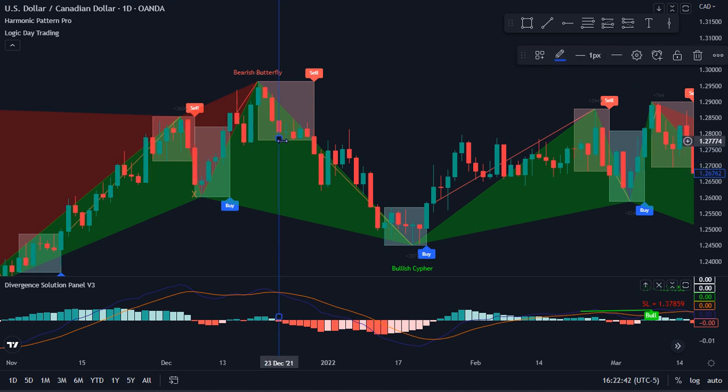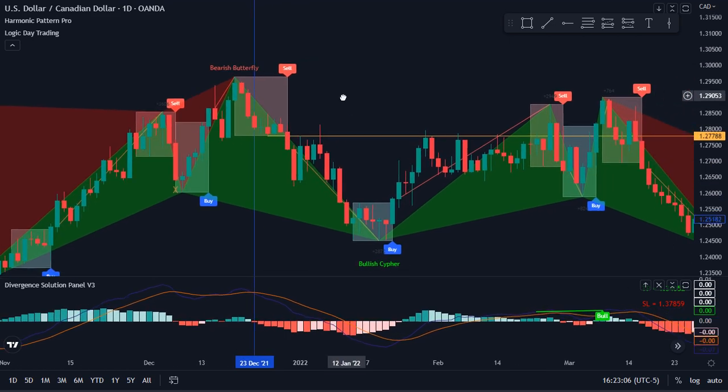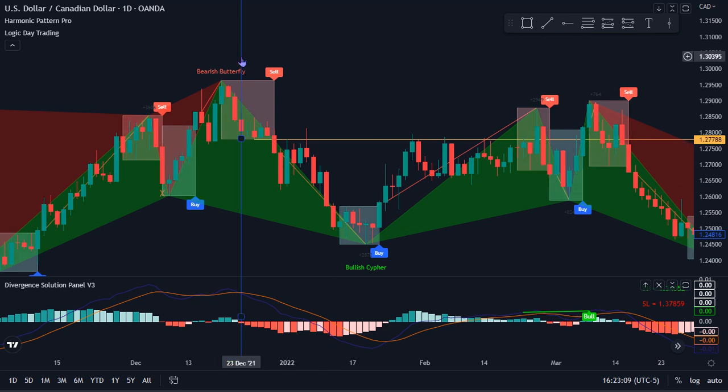And then right here, actually it was this candle. This candle is where they cross. We then see it break below the zone. And I don't typically like to use the Logic Day Trading as my entry zone. However, you will see the overall zone be very powerful and offer a lot of sensitivity to push price one way or the other. But you can see the MAs are crossing inside the zone right as the harmonic pattern has formed. And so that's just some confirmation for price to continue to the downside,